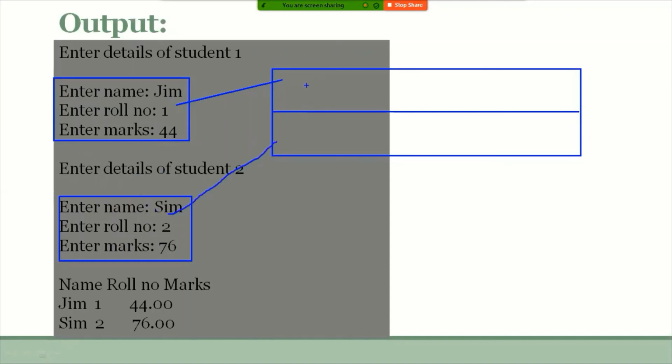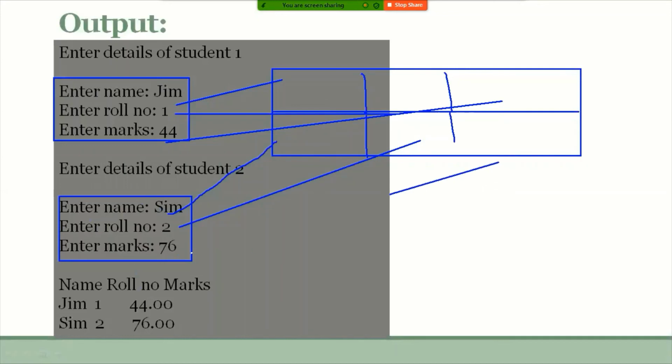So ZIM name, then ZIM roll number, and the ZIM percentage of marks. Similarly, SIM name, SIM roll number, and his percentage of marks will be stored in this format. And if you want to display these details, a for loop and printf statements can display that information in this format.